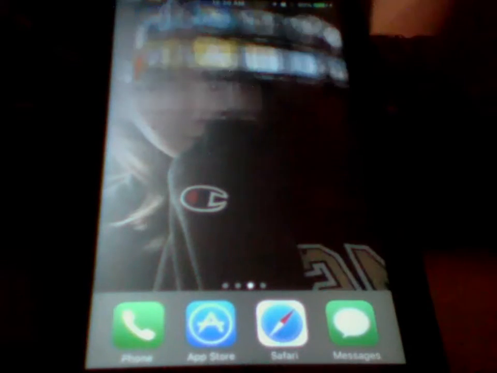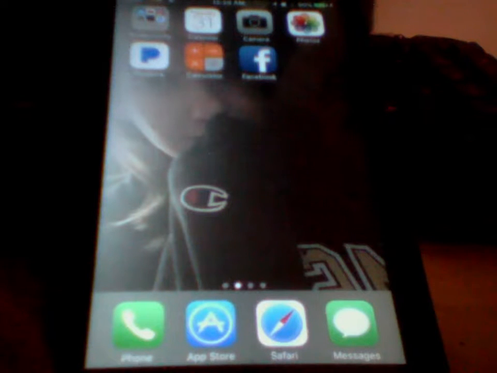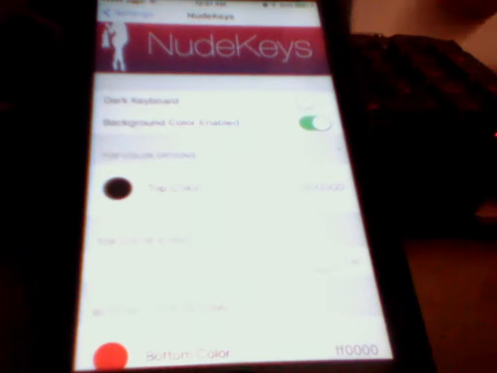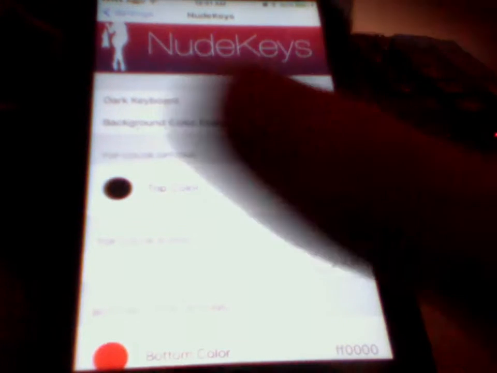So, now from here, we are going to go back into settings. See, I just used the light double click. And I showed you nude keys. Basically, I have the top color black and the bottom color red. And the bars here maxed out. And I don't use dark keyboard because it completely takes away why I enjoy it. PM really. What I really like about this